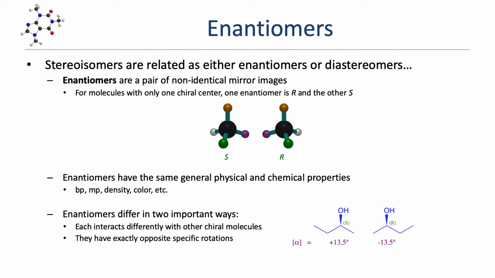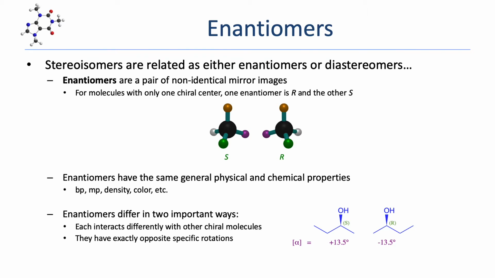And do keep in mind that there is no correlation between whether a molecule is dextrorotatory or levorotatory and whether it is R or S. Some molecules that are R are dextrorotatory, and some molecules that are R are levorotatory. There's no connection there. But you can see now some of the importance of optical activity. If you have two compounds that are enantiomers, and if all of their general physical properties are the same, then how can you tell which enantiomer you might have? Well, one of the few ways we can actually tell one enantiomer from another is by taking a specific rotation